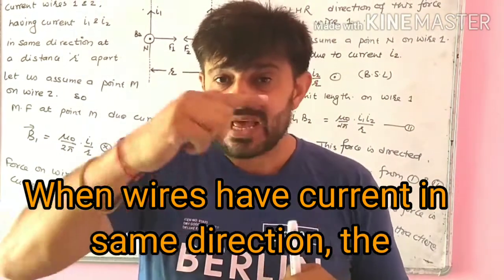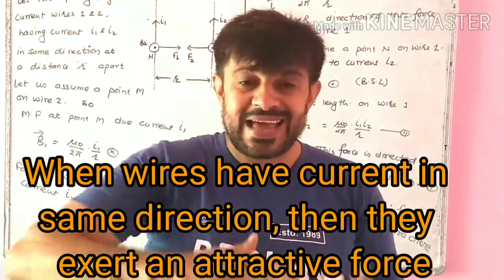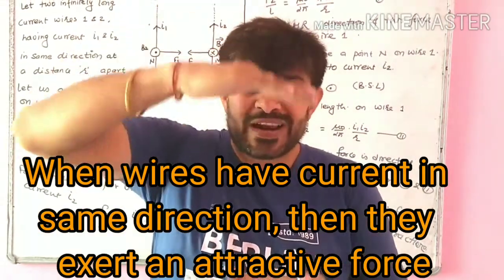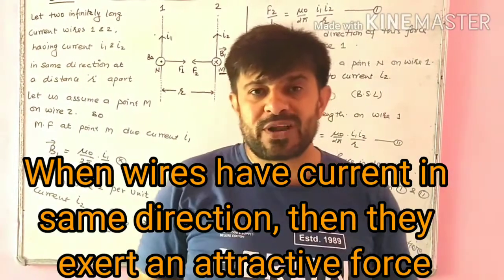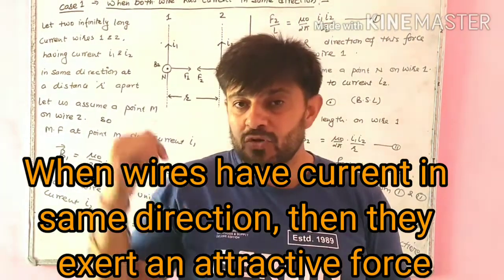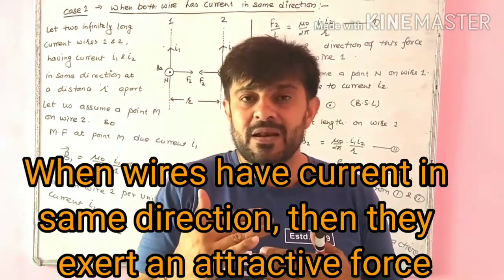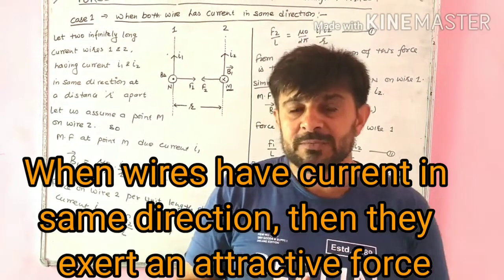This is the reason a coiling spring, when it is given current, then it compresses, it contracts. Similarly, you can say a spring contracts because of the flow of current. Because of this reason, the parallel currents in the similar direction become an attractive pair of forces.